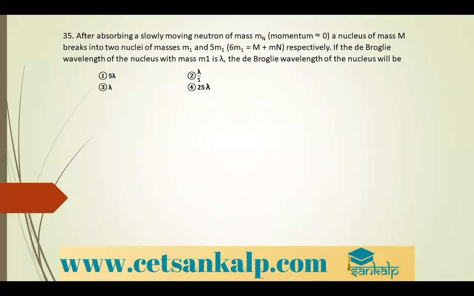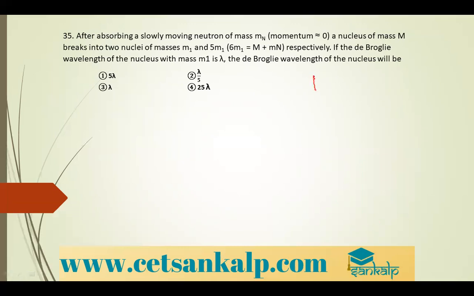If the de Broglie wavelength of the nucleus with mass m1 is lambda, the de Broglie wavelength of the other nucleus will be, so in terms of momentum ಮಾತಾಡ್ತೀವಿ. Okay, so in terms of momentum, linear momentum, the things you can write it as,